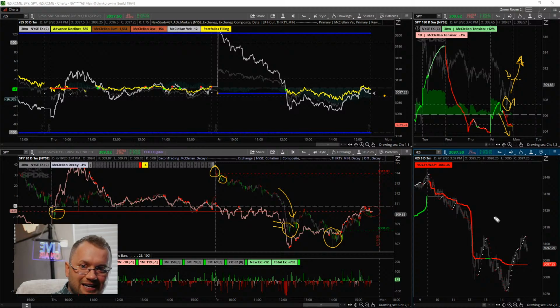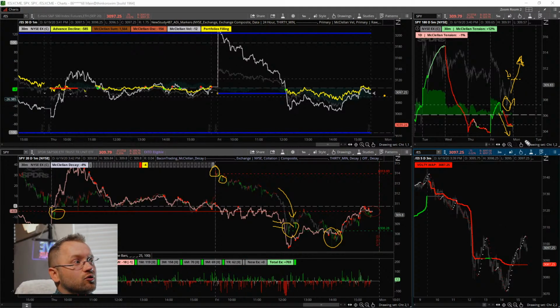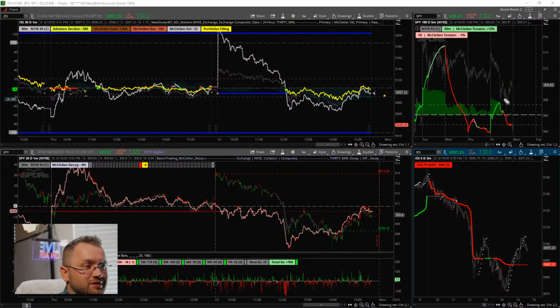Are the bears going to come in and hit again? Is this going to be a face-to-face conflict between the bears and the bulls? Or are the bears going to step aside or get trapped in and let the market rise? Which one? We won't really know until we sample those bears and see what they have to offer the market. So that puts us in a situation where it's not abundantly clear exactly what's going to happen.